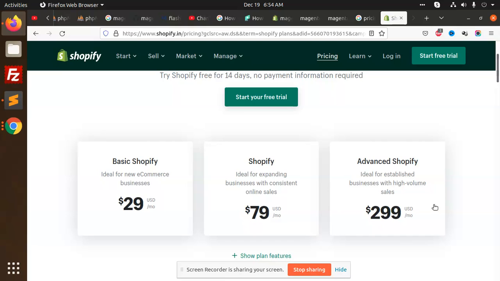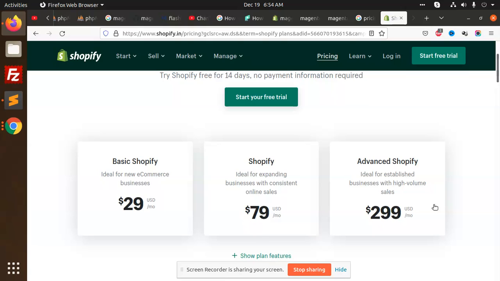Monthly you are going to pay the server and hosting cost to Shopify. For extensions also, if you install some extensions, you will need to pay for them if they are not free. So this is the issue: every time you need to pay, monthly or maybe yearly. But if you choose the Magento platform, it's open source, so it's a one-time investment. As sales increase, we are going to increase the CPU, memory, and everything.